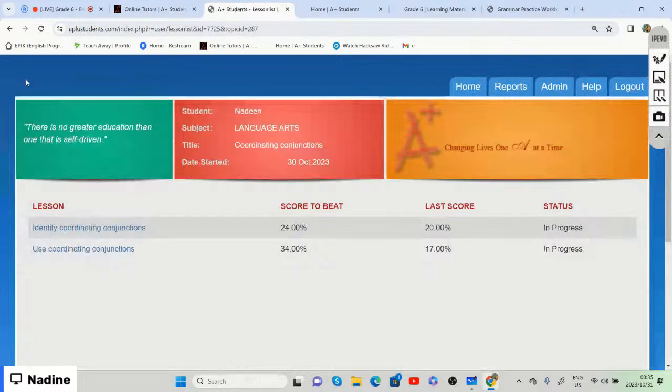All right, so that is coordinating conjunctions, right? And our coordinating conjunction connects words, it connects phrases, and it connects simple sentences. And our most common coordinating conjunctions are and, but, or, so. All right. So now we're going on to